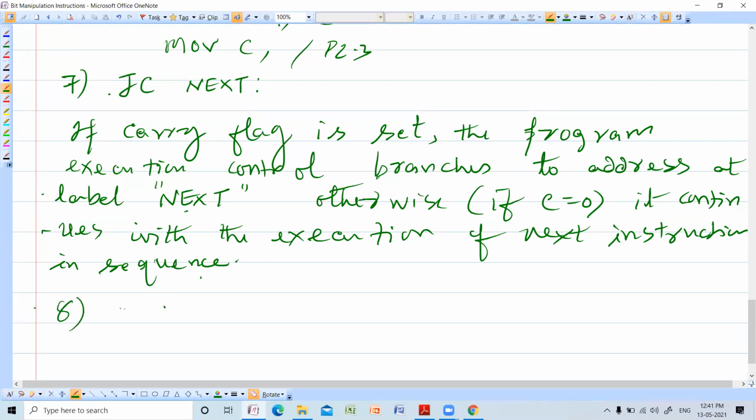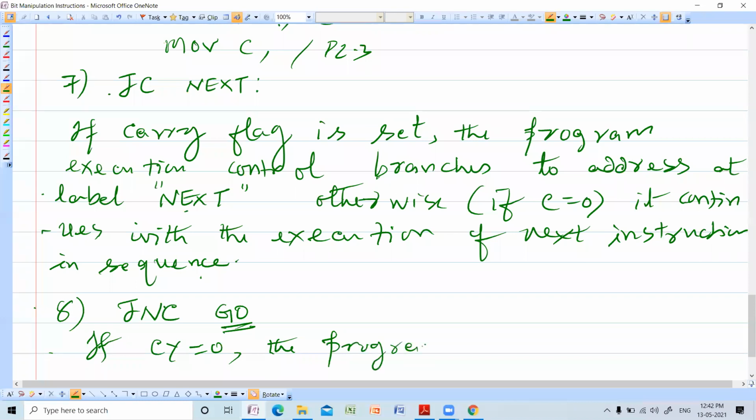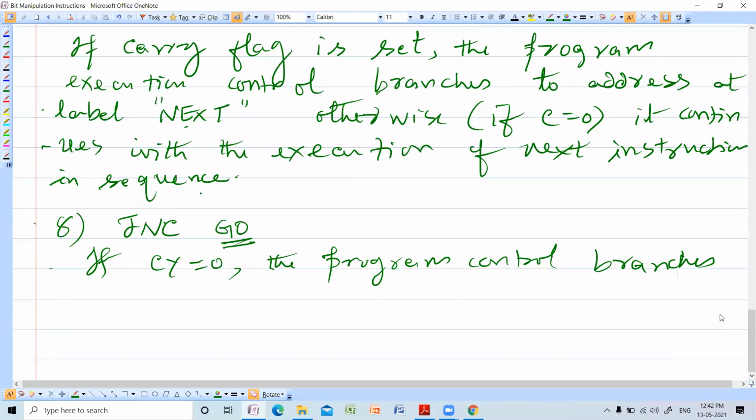The next instruction is jump no carry, JNC Go. Go is some label. So here, if the carry flag is equal to 0, the program control branches to label Go.